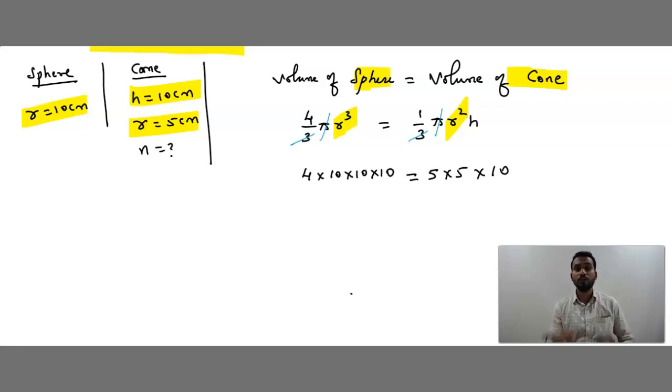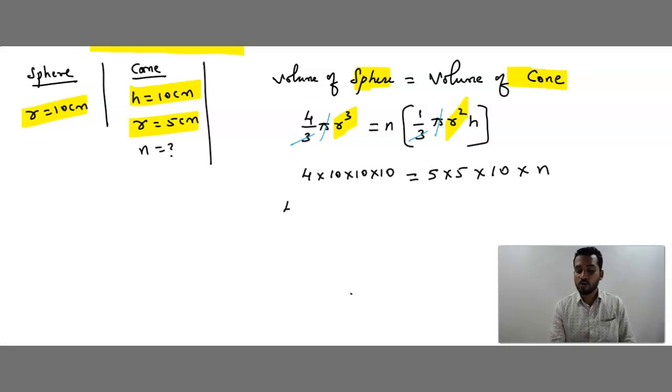But sir, what do we want to solve? We have to find the number of cones, right? So extra, what we should do here is write n. We have to find the cones, so that is n into the cone volume. N number of cones we are making, and that n only we need to find. This one word we have to add extra. N number of cones we are going to fill. So we find the value of n, that is the number of cones. We are going to keep n as it is.